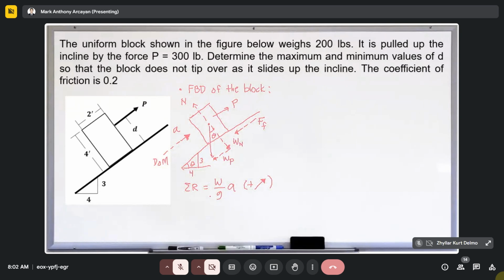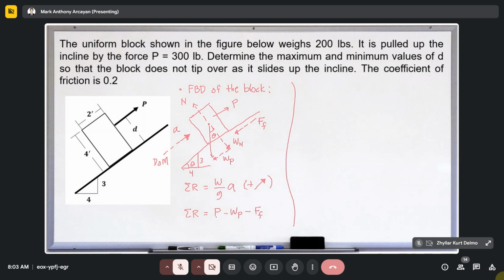But at the moment, given that we only have the external forces as our available parameters, then we cannot use this one at the moment. Therefore, we will use the left side of our equation, which is taking the summation of those external forces that are given. So here we have summation of the external forces is equal to, again, we have the force P minus the parallel component of the weight minus the frictional force.